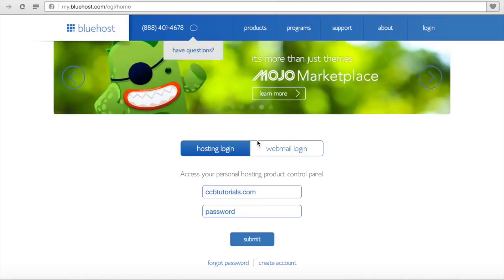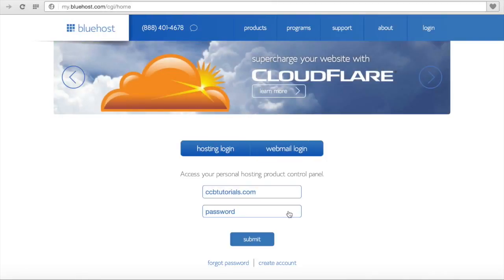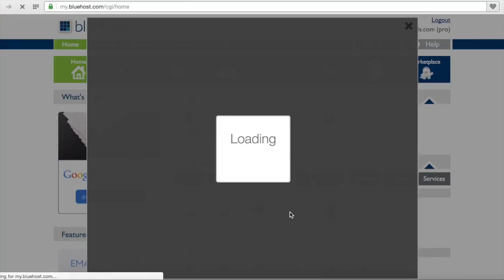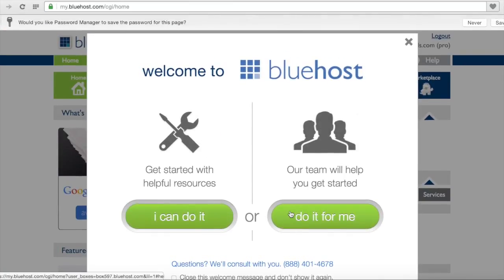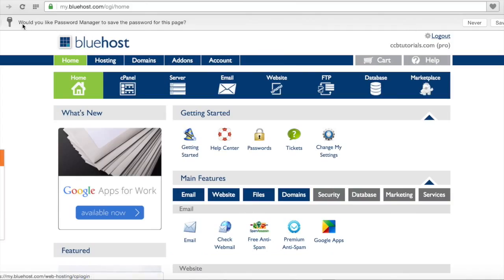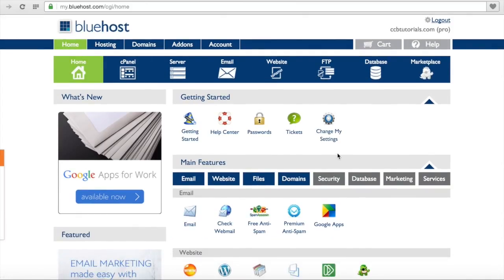Or if you already have a Bluehost account, then hey, we can go ahead and log in and get started. So I'll log in using my account here. And once you're logged in, depending on whether or not you've closed this welcome message, it will appear. You can close it out,